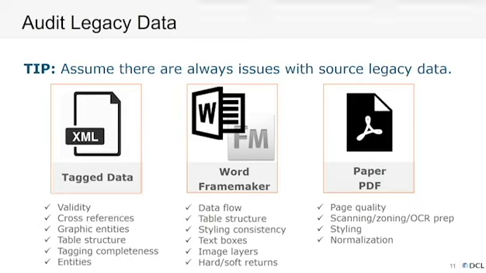But if your legacy data is some type of word processing format like Word or FrameMaker, it's not tagged, but you can check the data flow. You can still look at table structures. If tables just visually look like a table, you can change that and make them a true physical table. What I mean is that in many cases you have tab data or text separated by multiple spaces, so it looks like a table, but in reality, it's not. Another thing is that in word processing formats, you can use the paragraph styles if they were consistently implemented.